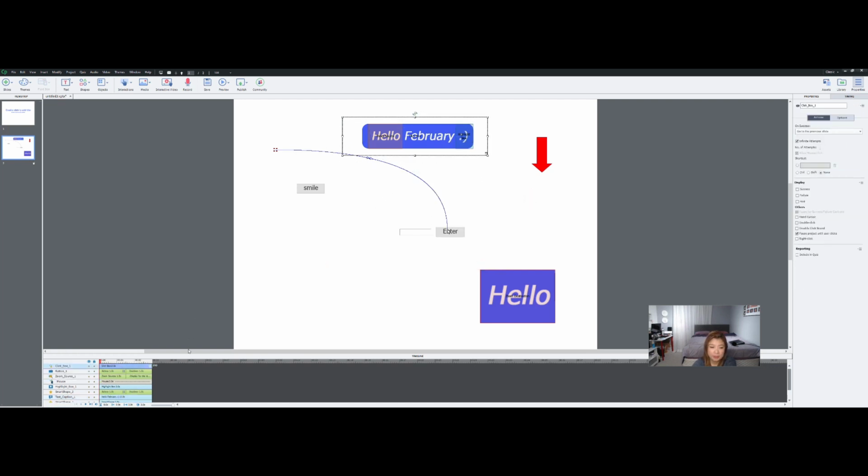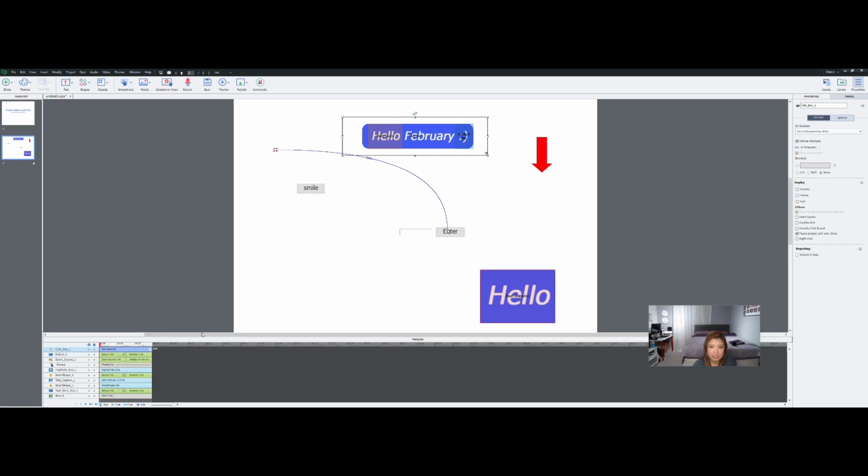But the only thing I want to point out is, if you're using a click box or a button, please make sure that your click box is at the top, because if you put it behind the word hello February or behind the rectangular box right here, it won't function as a button because it has to be right on top. So when you preview it, even though it's there, if it's behind, it's not gonna work as a button. So you always want to make sure that in your timeline, it's at the top so it functions right. Okay,